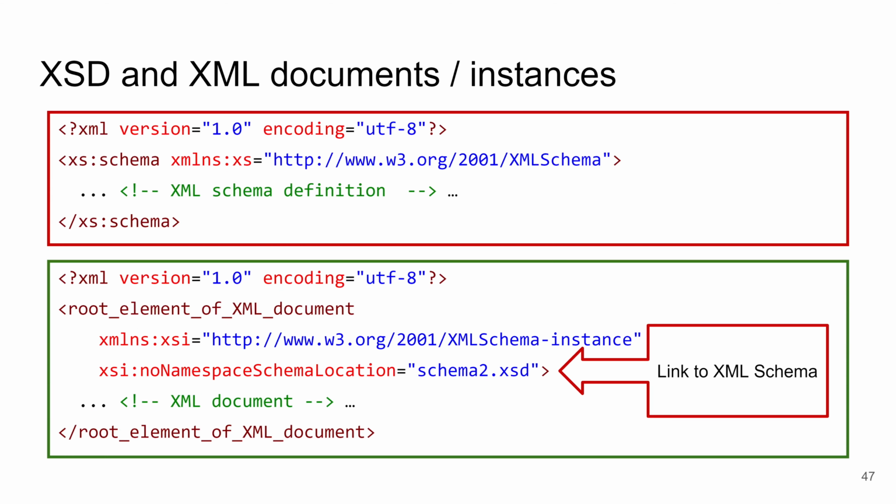When you have an XML document and its XML schema, sometimes called XSD, as in XML Schema Definition, you may link from the XML document instance to the XML schema so that applications can find the schema easily and can, for instance, validate the XML instance file. On the top, we have the XML schema with some definition, which is not shown, and it is stored as schema2.xsd file. And on the bottom, we have an XML instance file, which has some root element, and in